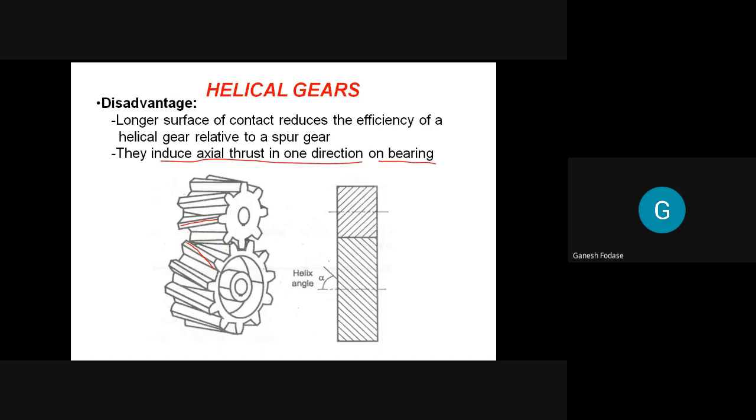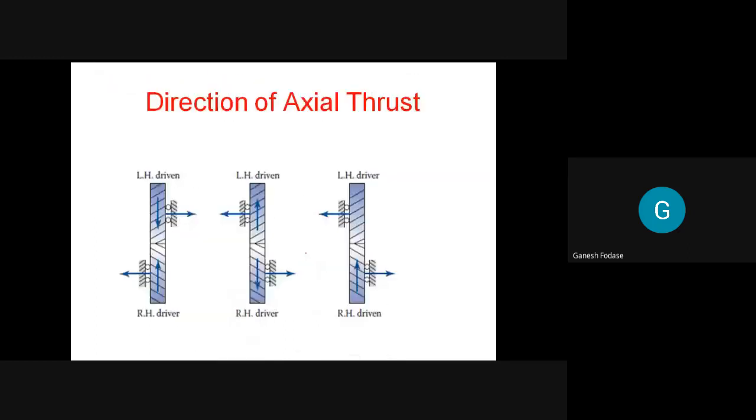Now, in which direction does axial thrust act? For that, I will show you these slides. This is a very good slide to explain how axial thrust acts. To find the direction of axial thrust, you need to consider two gears and observe which gear is the driver first. So here, let's consider case number 1. In this case, this one is a driver and this one is a driven. As the driver is a right hand gear, we need to curl the fingers of our right hand in such a way that the curved fingers indicate the direction of rotation. At that time, your thumb gives you the direction of axial thrust.